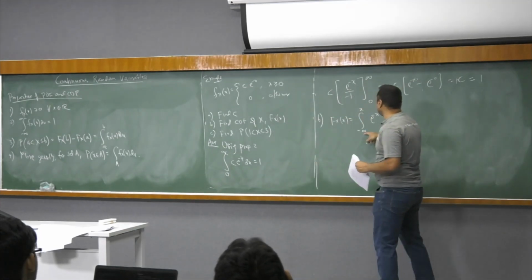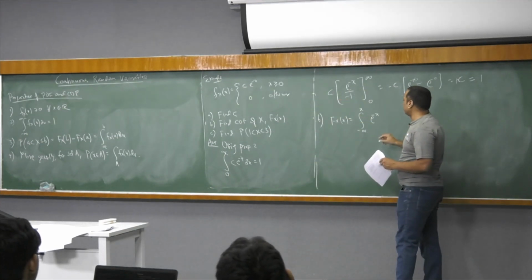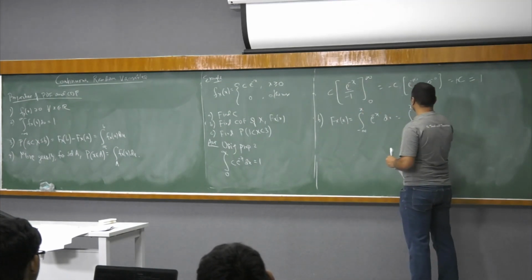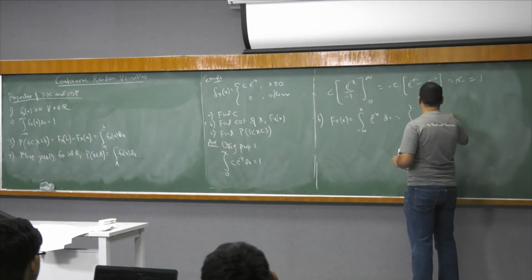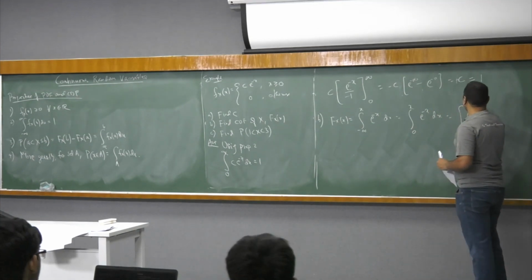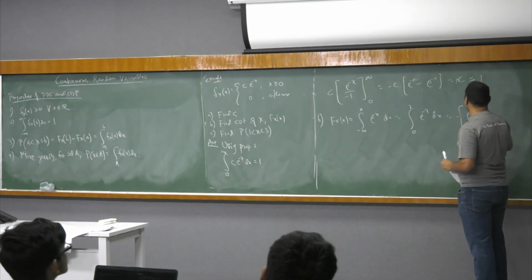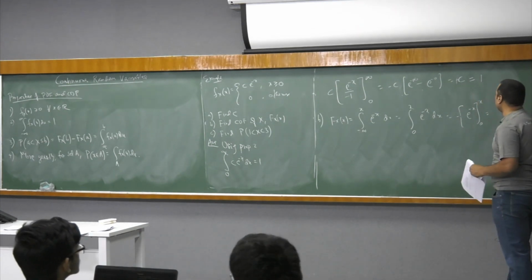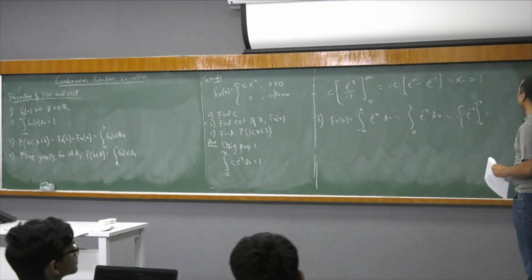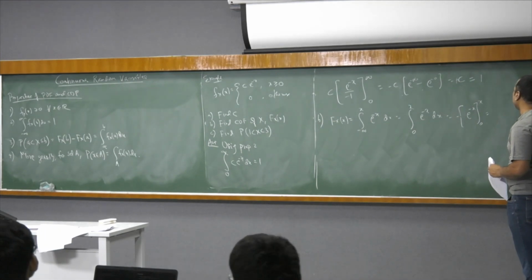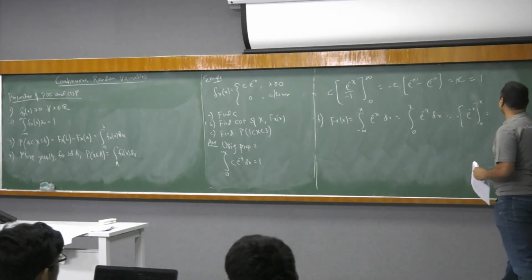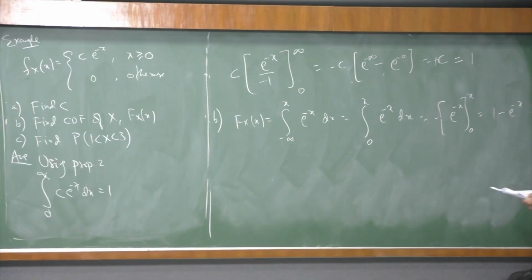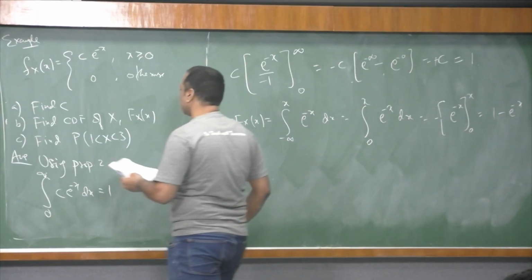But then here again, minus infinity to 0, it's anyway 0, right? So we can indeed make it 0 to x, e to the minus x dx, and then 0 to 2x. Okay, so minus came out, and then it's like e to the minus x. So 1 minus 1. So 1 minus e to the minus x. Right. So and then c is